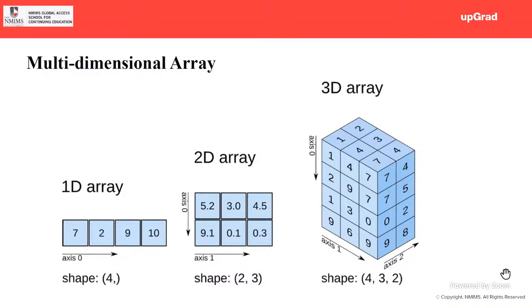Collection of elements. Matrix. Collection of data. 3 dimensions of data. All right. Everybody has a different opinion about the array. Multi-dimensional data, collection of lists.